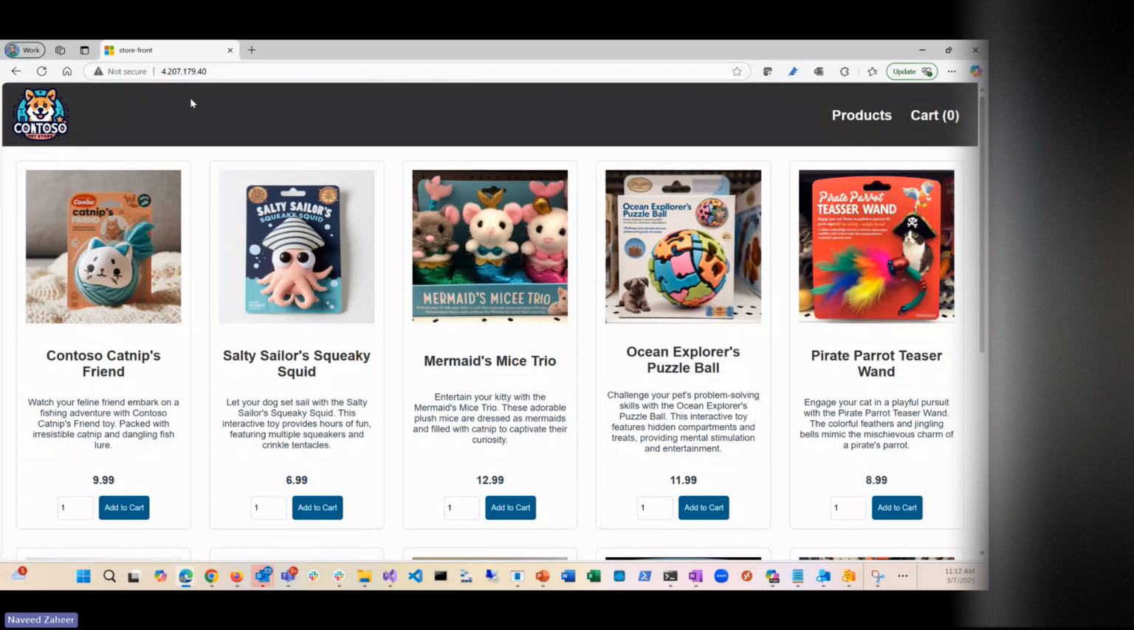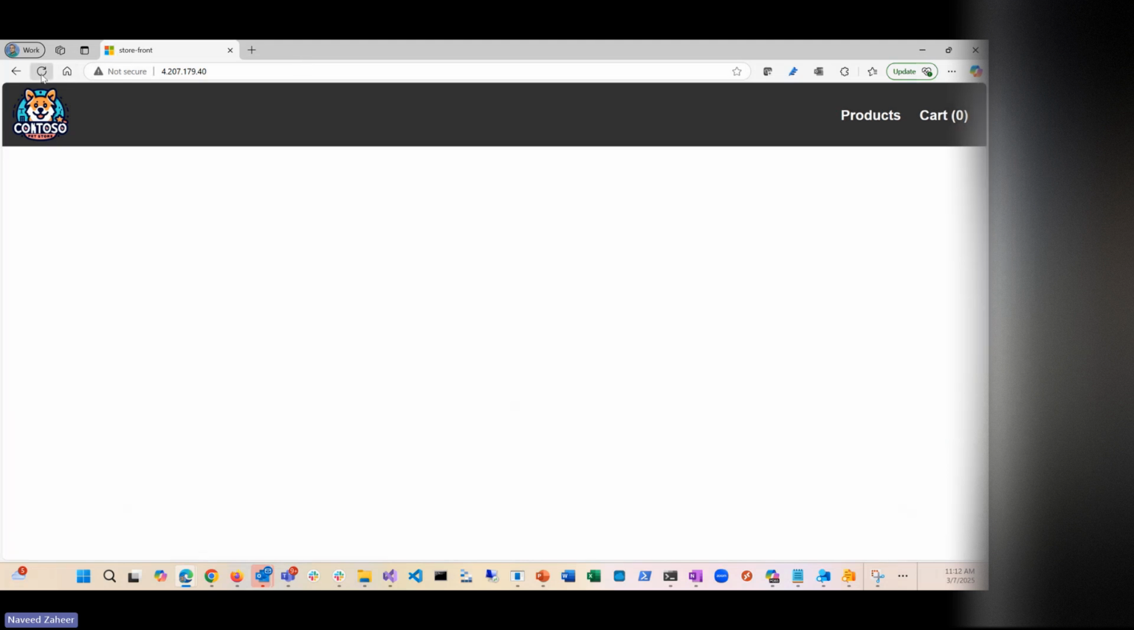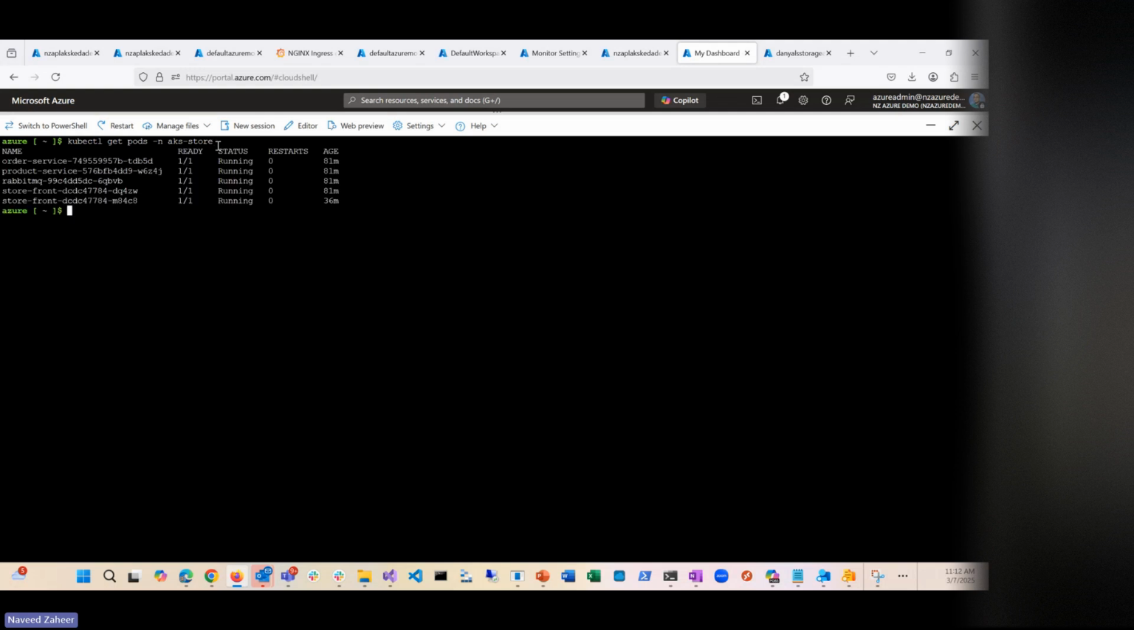So basically, this is the application. This is running using the app routing add-on. As you can see, it's the AKS store and it's running in the AKS store namespace. We can look at what other pods are running in AKS store. If you see here, there are two front-end pods, and then the rest of the pods are other services which are running in order to check